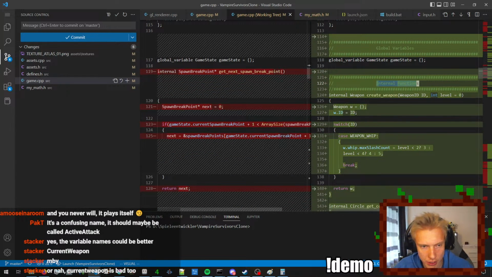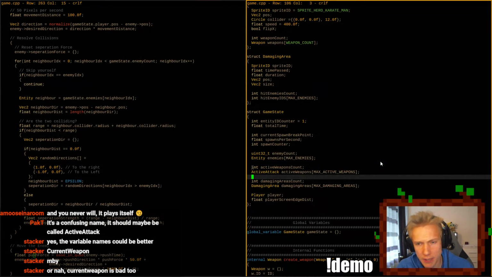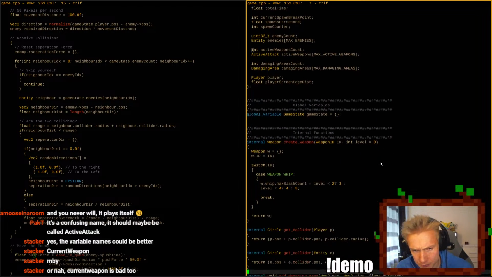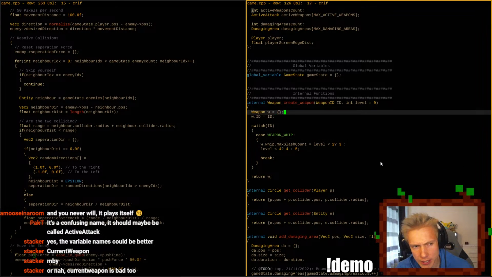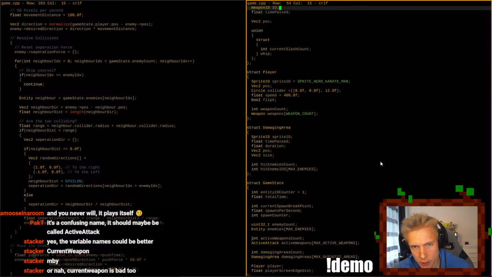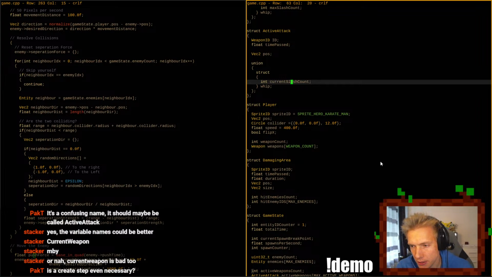It's easier to read that. And let's see, what do we have here? Oh yeah, the safe breakpoints, blah blah blah. Create weapon. I think we have to redo create weapon. Let me see. Does a weapon have a whip? Or does an active weapon have a maximum slash count? No, I think it should be called create. Is a create step even necessary?